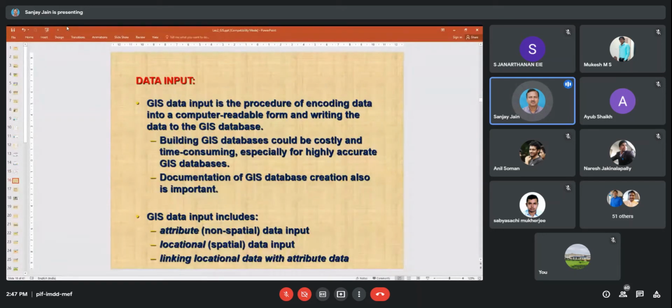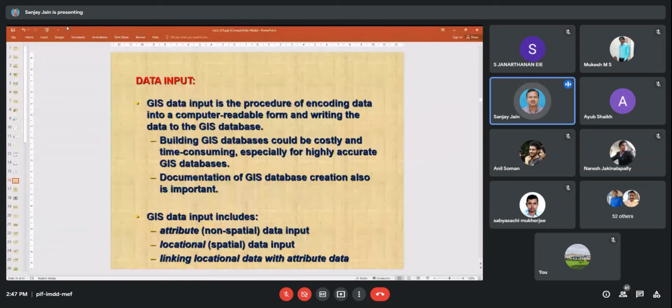Now, there are different components in GIS, as I have told you. The first component is data input, and that is the most time consuming task in a GIS. With the help of open source or public domain data, the task is now easy. But earlier, when we started working in GIS, no data was available in the public domain.